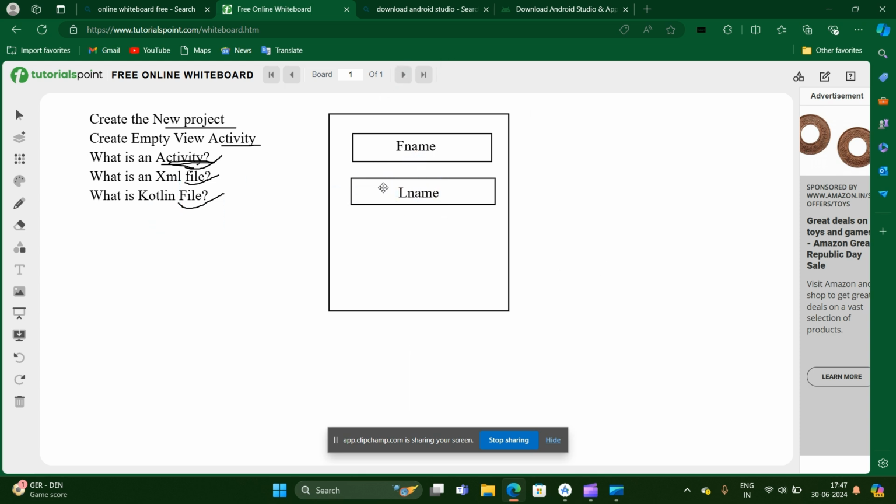So I'm going to tell you what an activity is. The interface which comes in front of you after opening any app, what is this called? This is called an activity. Whatever elements are present in front of you after opening the app are part of an activity. So what is an activity? An activity is a component of Android Studio, and also the interface, which comes in front of us,